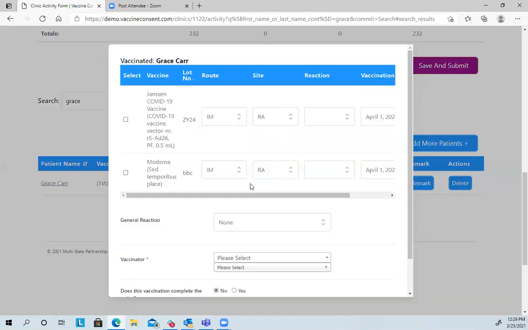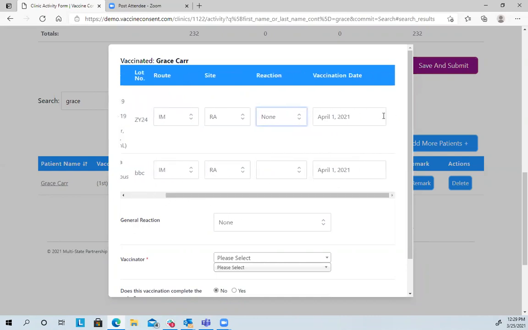So we're going to come to our form. To start that, I click on which vaccine I'm giving her. I note the route, the site. I need to put in if she had any reaction, no. And I want to make sure that everybody slides this bar, because in some instances, there may be additional information for you.